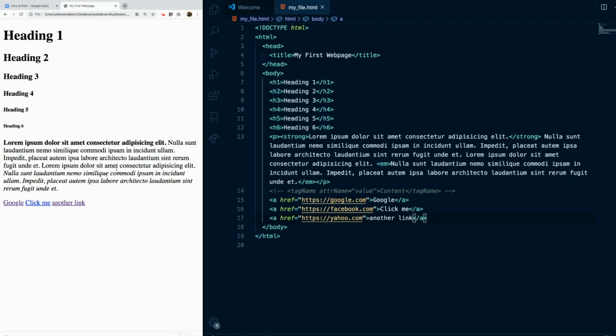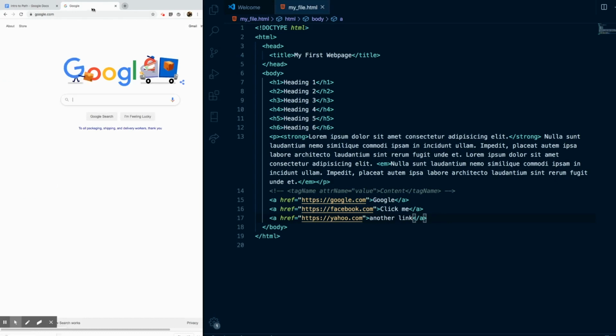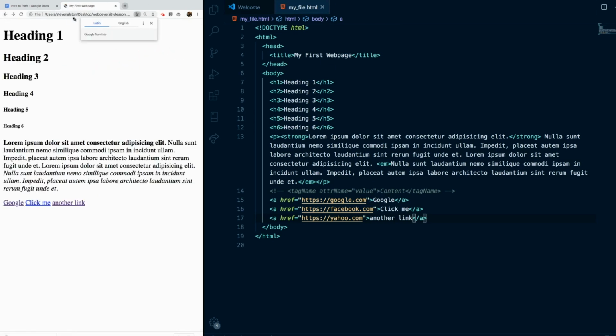So let's go over here. Let's click one of these. I'm going to click Google, and it opens up. So it opened up in that same tab in the same window. If we look up here, we see that's the same tab. So you never really want to navigate off of your website unless it's like going through to a different part